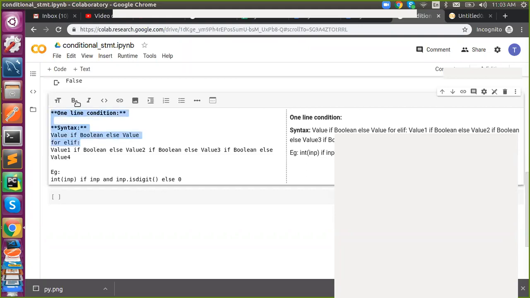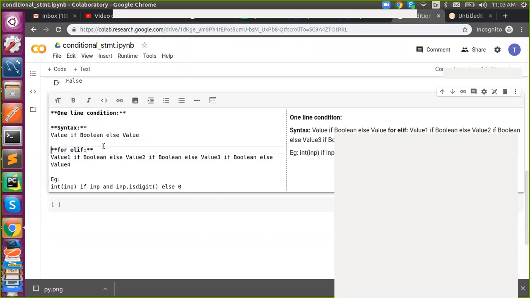I'll give you that exercise if you want. What you have to do: fetch user input.